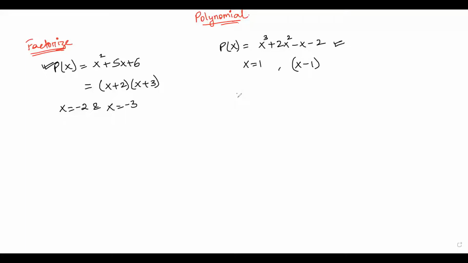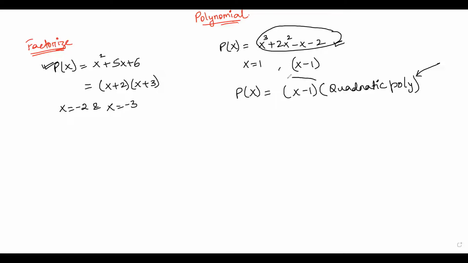So this p of x can be written as x minus 1 times some quadratic polynomial, as when this linear polynomial x minus 1 is multiplied by a quadratic polynomial, we get a cubic polynomial. So now we need to find this quadratic polynomial, which we can find simply by dividing this cubic polynomial by this factor x minus 1. So now let us divide this cubic polynomial x cube plus 2x square minus x minus 2 by this factor